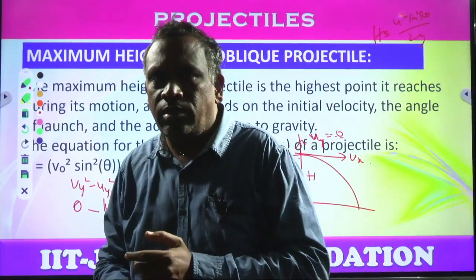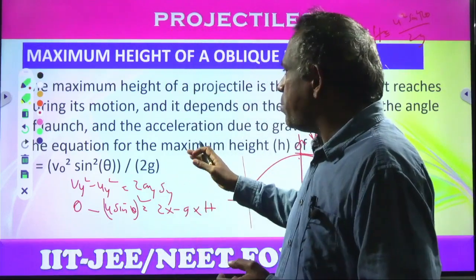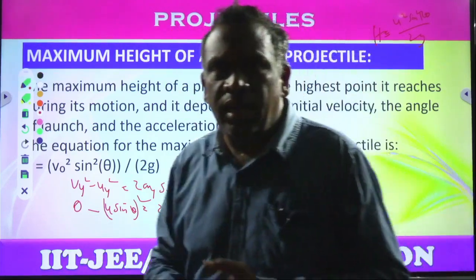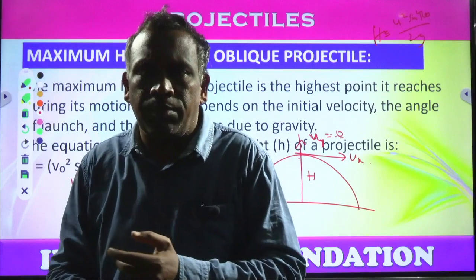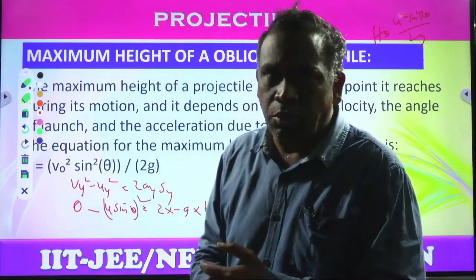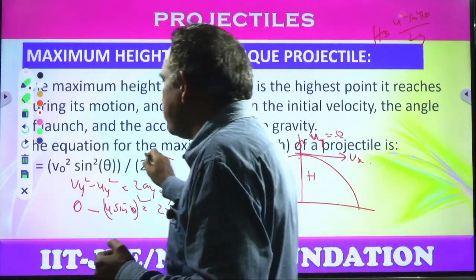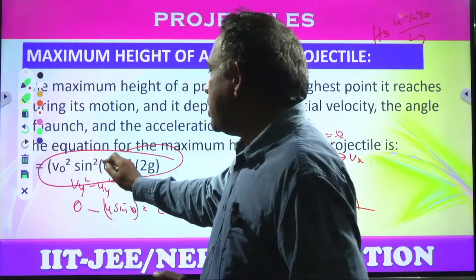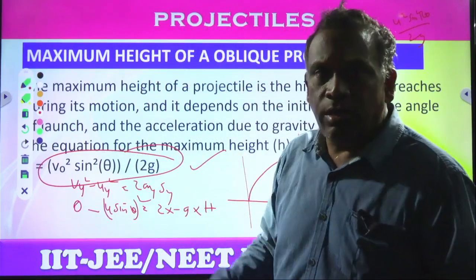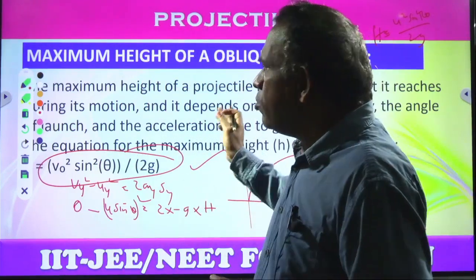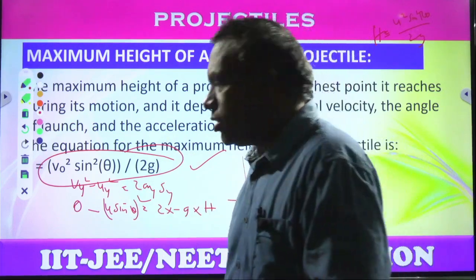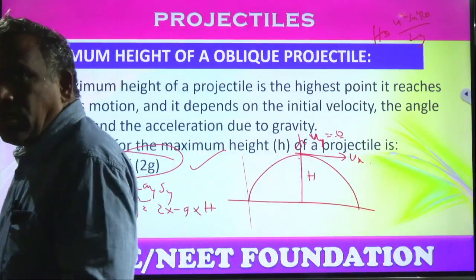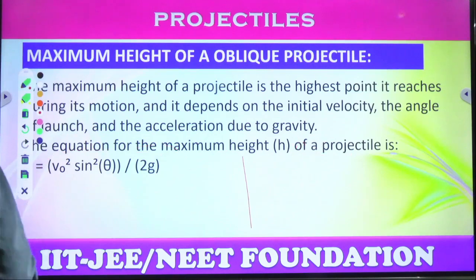The maximum height depends upon the angle of projection, the initial velocity and the acceleration due to gravity. That's why the equation is h equal to v naught square sin square theta by 2g. You can use this equation when you want to find out the maximum height. So this is about the maximum height. Coming to the next slide,